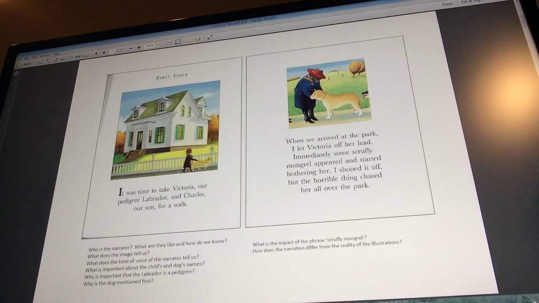So, she has aspirations perhaps to be very grand and very regal. We can also tell what's important is that the dog is mentioned first. Victoria, who is purebred, pedigree, and sort of a mark of pride, is put first before the son. The son, perhaps a secondary thought, and that tells us something about the mother, and perhaps it makes us not like